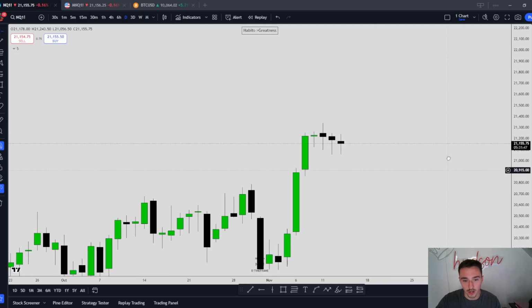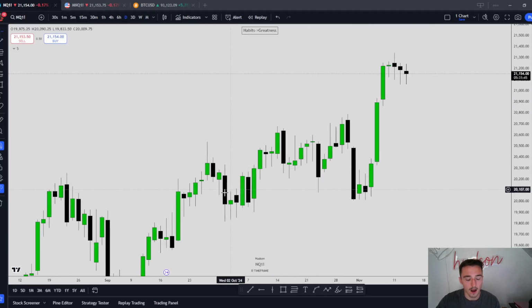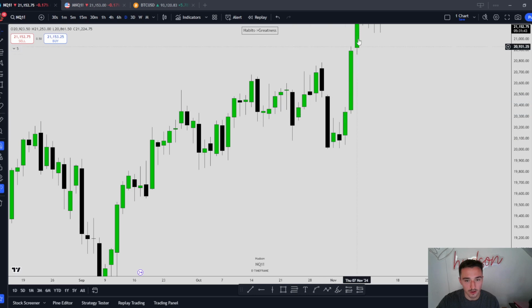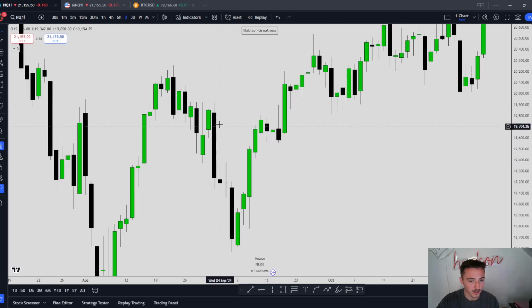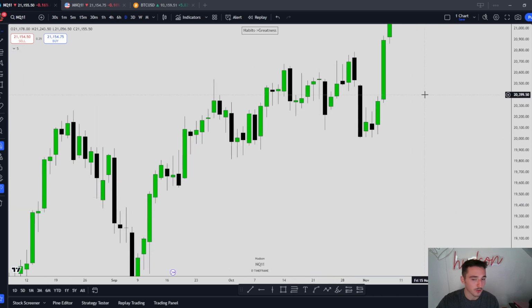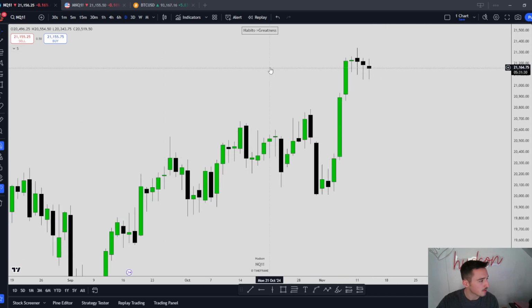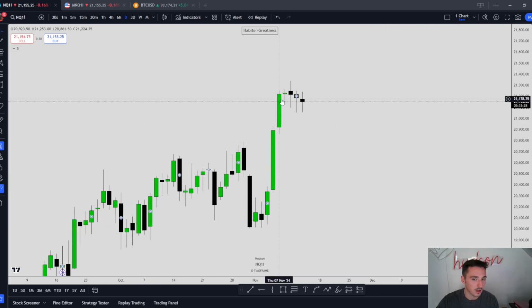Let's just look at this daily chart. We want to be anticipating which way these daily candles are going to be expanding. Are they going to be expanding higher? Are they in a consolidation profile? Or are they going to be going lower? That's literally all you want to be looking for,